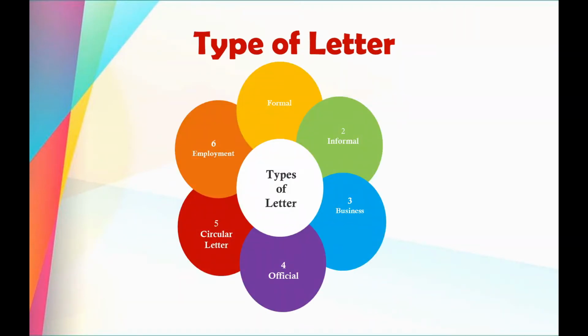My dear students, if we talk about the types of letters, there are many types of letters, but I have written 6 main types of letter. First one is called formal, when we write a letter to some authority. When we write letters to our principal, our higher authority, we write formally. Second type is informal. If we look in our book Grammar and Composition, the first few letters are informal, since we talk to our friends, our mother, sister. So this is why we use informal language.